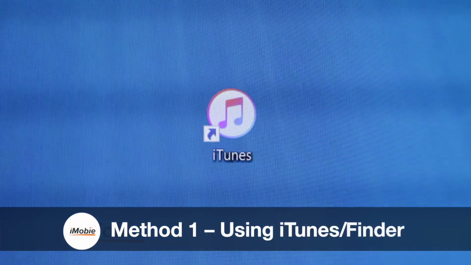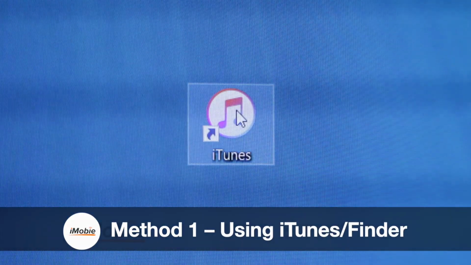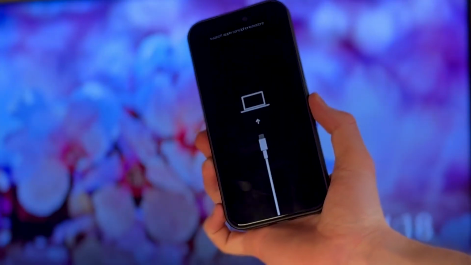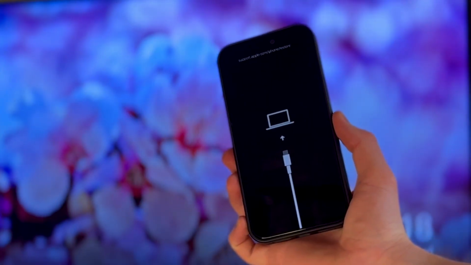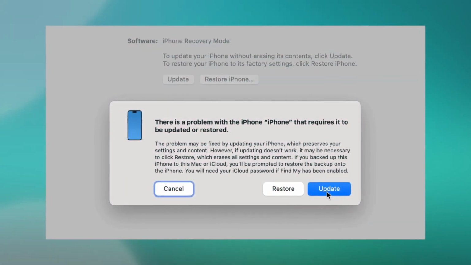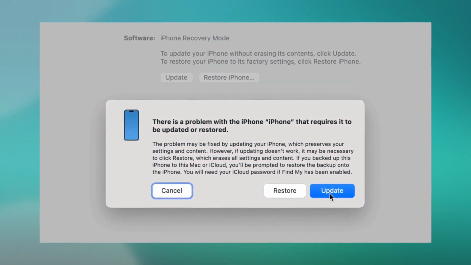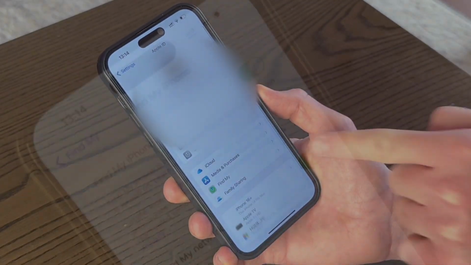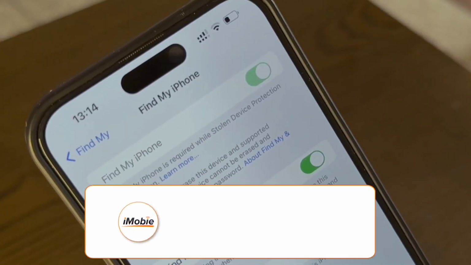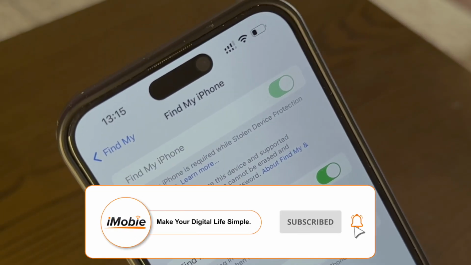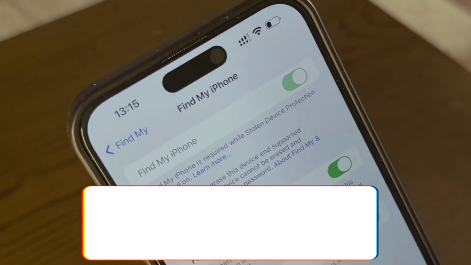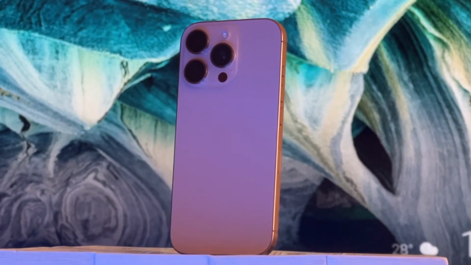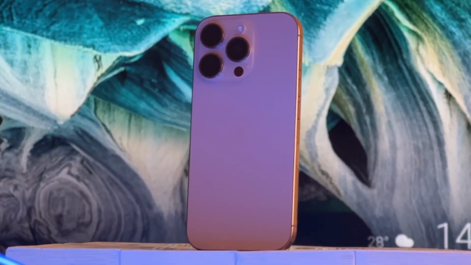For the first option, we'll use iTunes on Windows or Finder on Mac. You connect your device to a computer, put it into recovery mode, and try to restore it. At first, it looks like a normal way to factory reset your iPhone, but here is an issue. If Find My iPhone feature is enabled, which is usually the case, iTunes or Finder will ask for the Apple ID password, and without it, you simply can't continue. So if you are trying to figure out how to hard reset iPhone without iCloud password, this method won't help